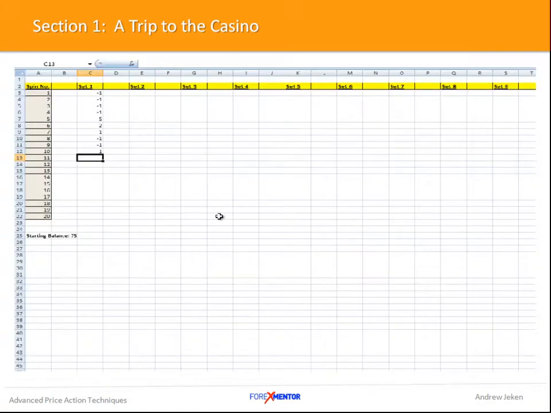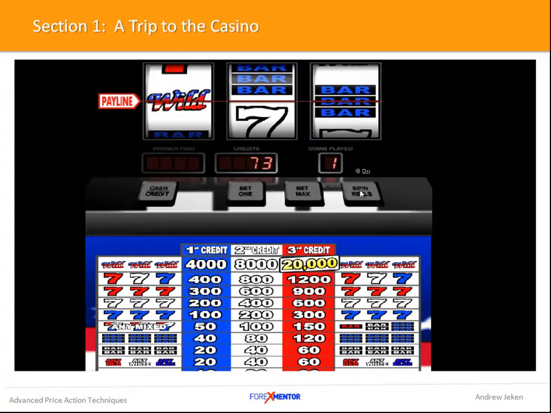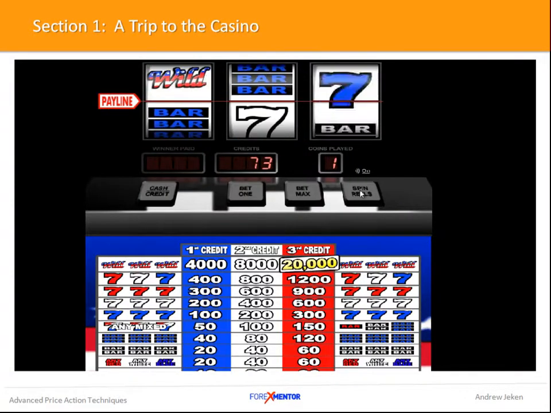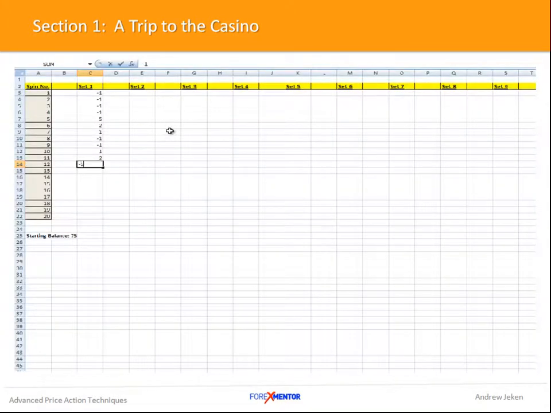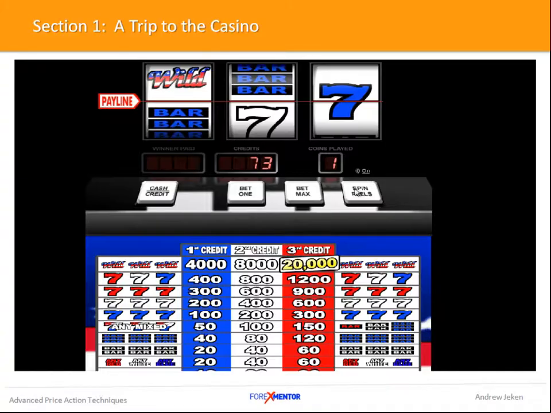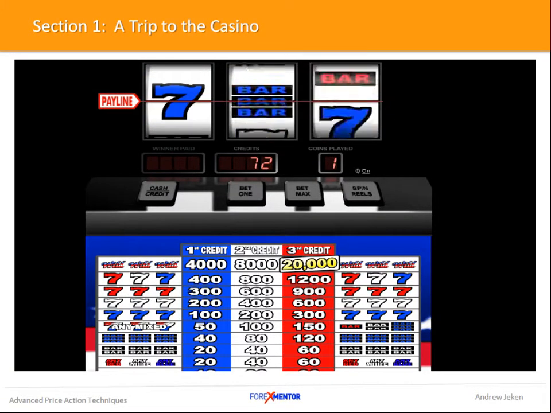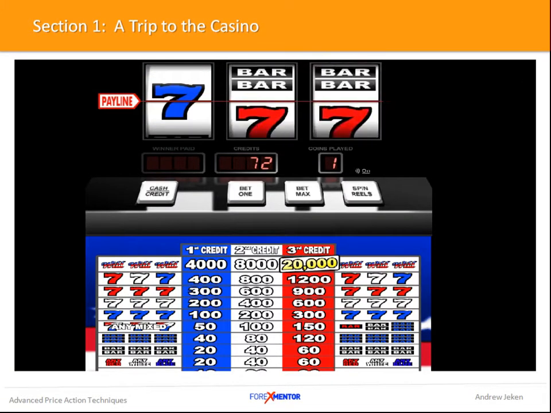So you'd see we've just had a bad run to start with, and a few winners, few losers, and now we've had a couple of little winners, another loss. We just track our performance, and this part is very important. Just another loss there.